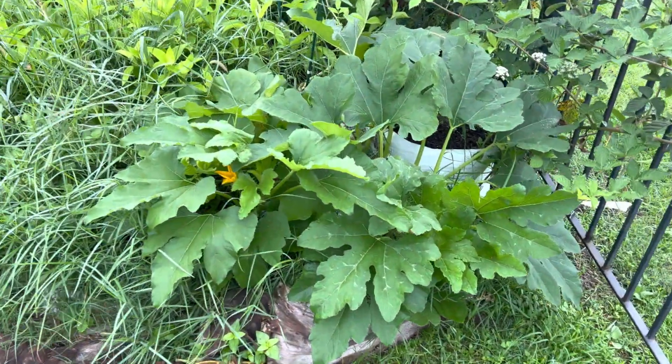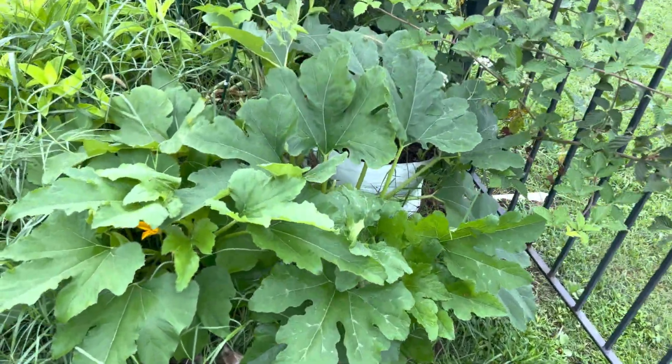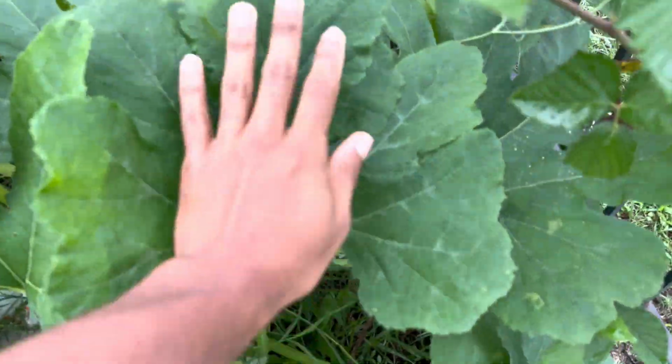Alright, so I just wanted to do a short garden update. Had some rain coming in for the last couple of days, so it's kind of wet out here, which means the plants are also getting watered well. You can see the